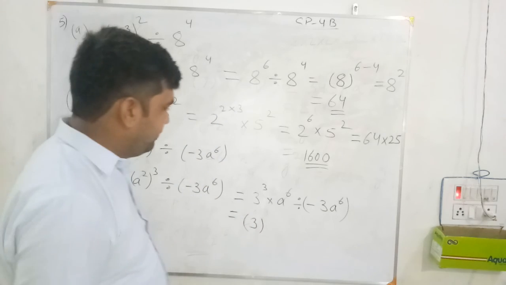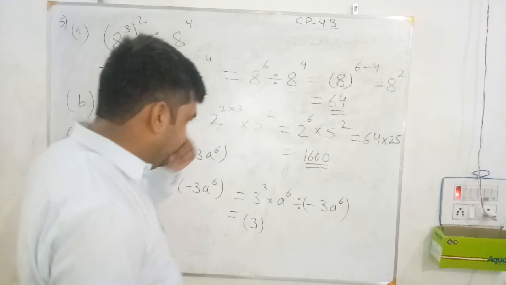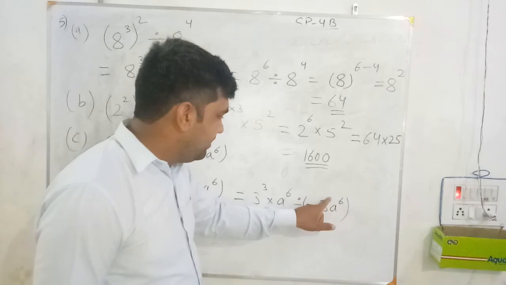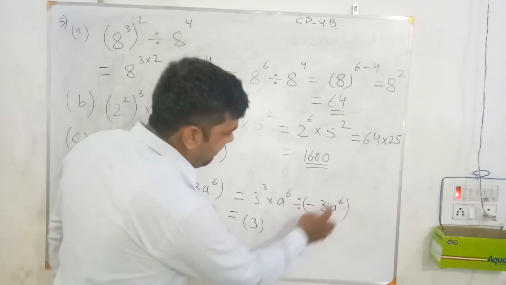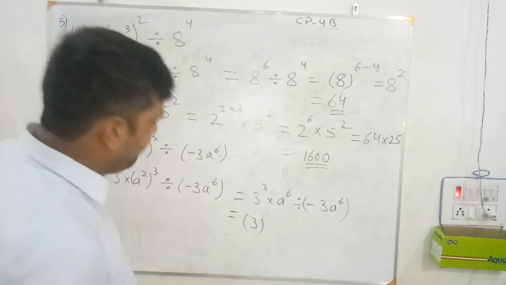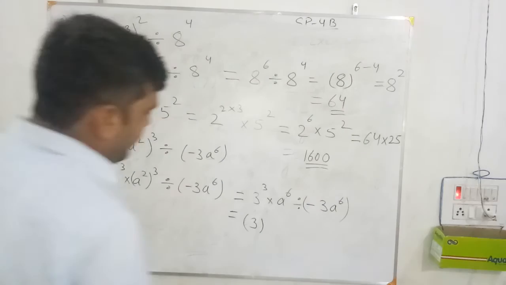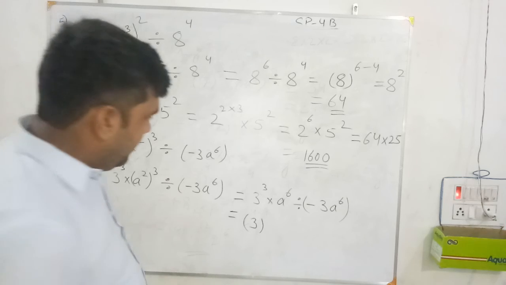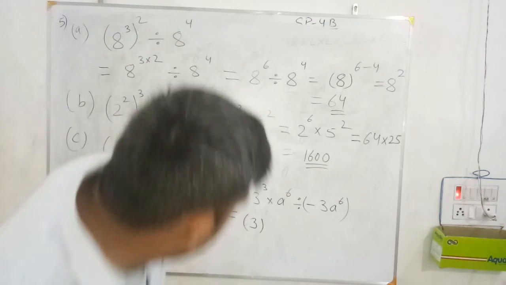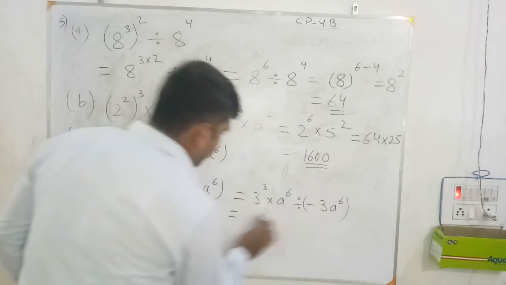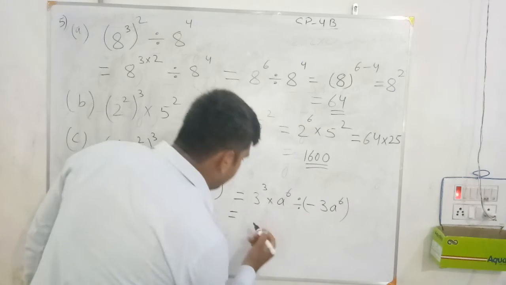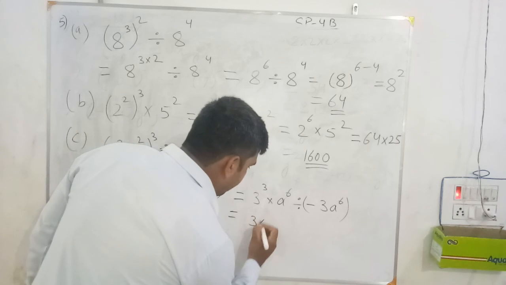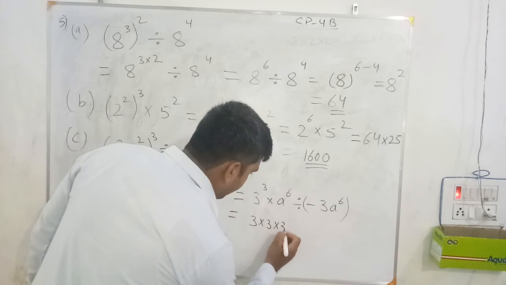So what do we do? Here you can see 3 to the power 3, and over the base 3 in the denominator the power is 1, nothing written, that means 1. So you can do that also, or you can use the value also. So write it here in that format, so it will be easy for you. So we write 3 to the power 3, which means 3 will be multiplied by itself 3 times, that also you can use.